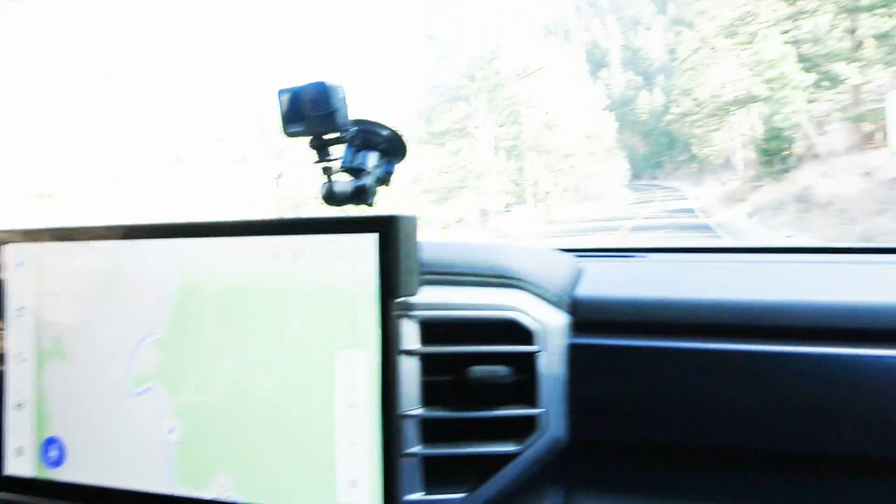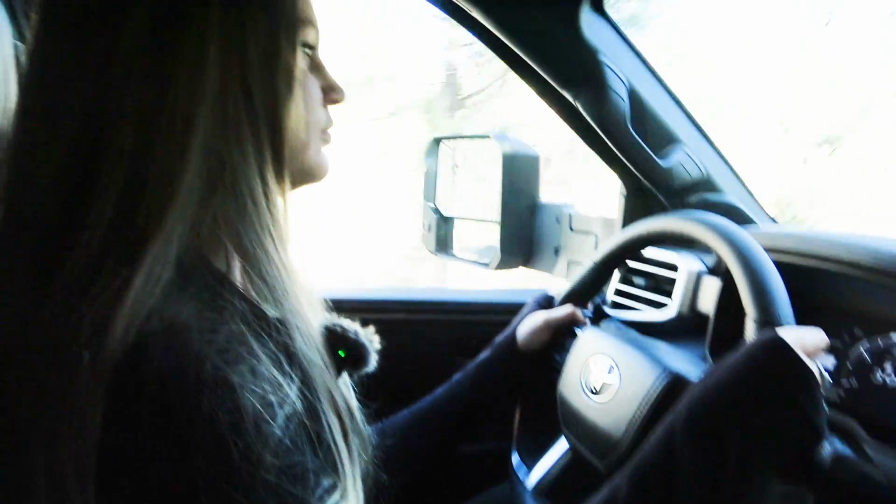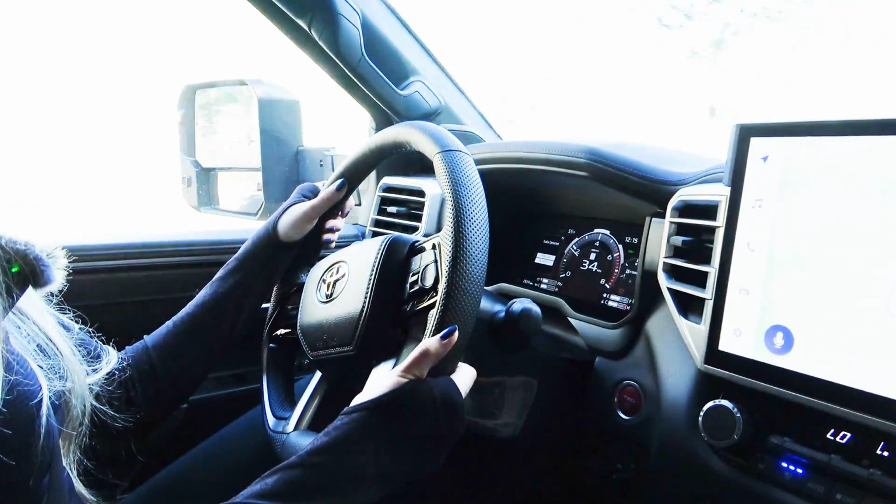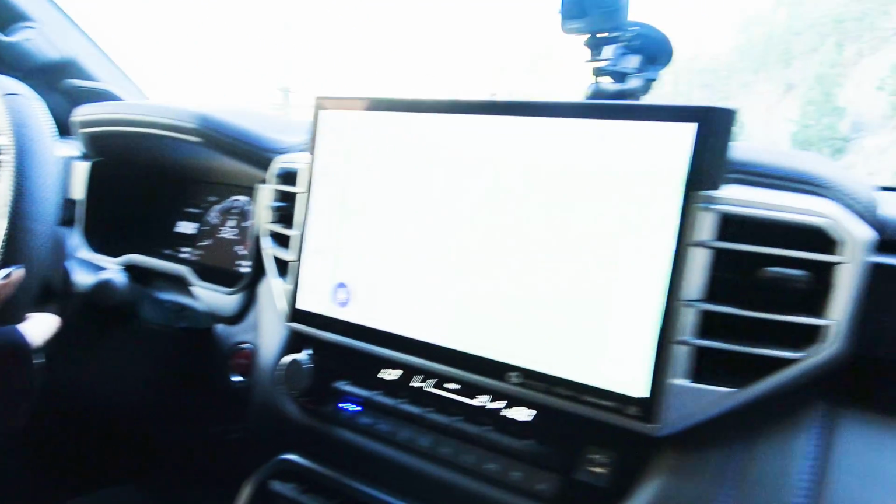It's got a lot of lumbar controls on the seat, but I don't think it has massaging seats. No, not my favorite part, but it's got good towing mirrors. I would give it that. Yeah, the good towing mirrors, nice big screen. Yeah, it's comfortable, and I think that the cool blue stitching it has...